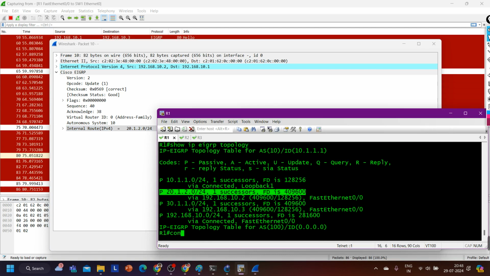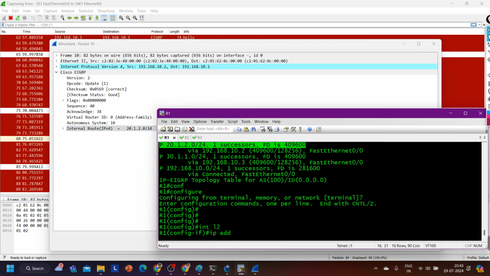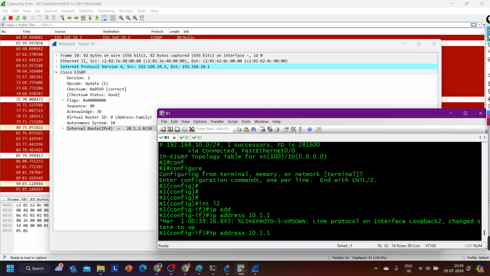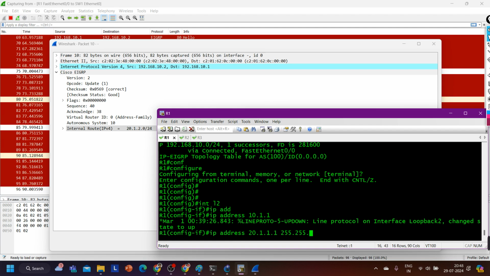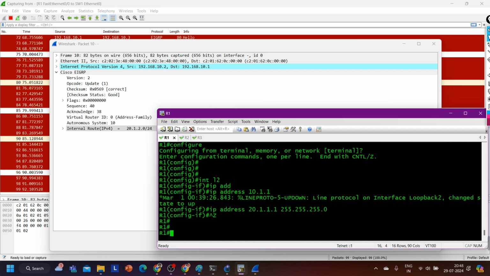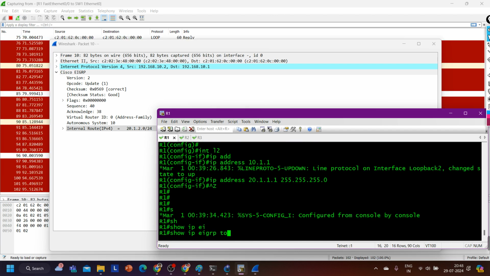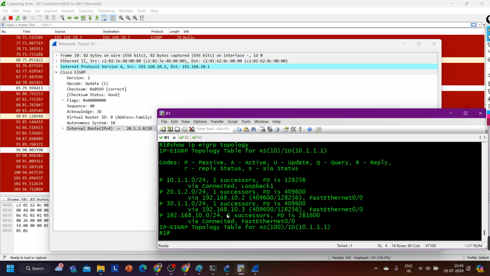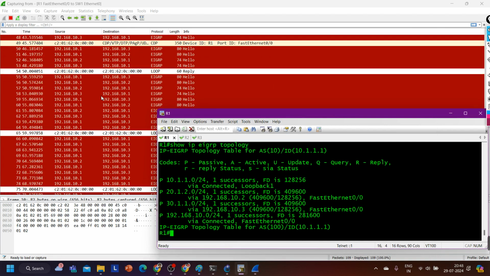Interface loopback 2 and IP address 10.1.20.1.1.0. Yes. Right. And the network is already running, so IP EIGRP topology. Yeah. So in the next update message,